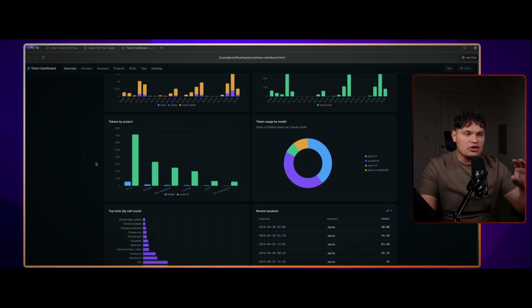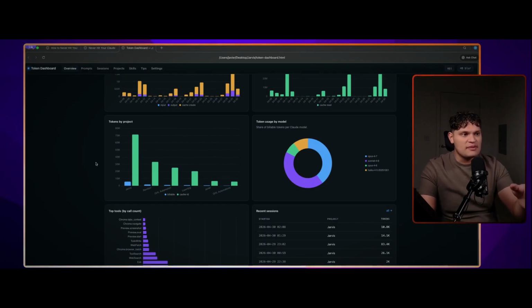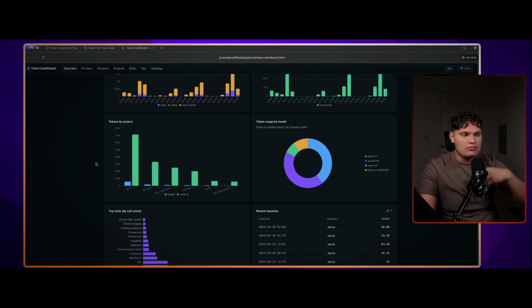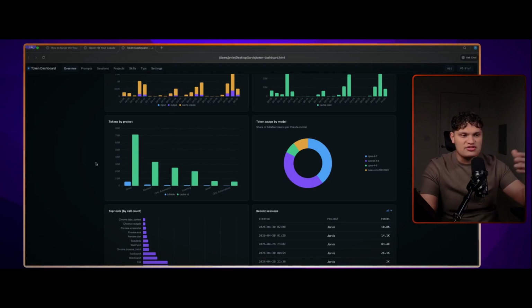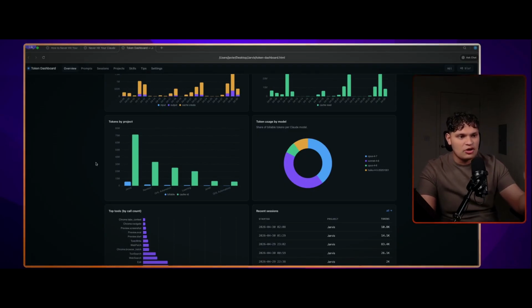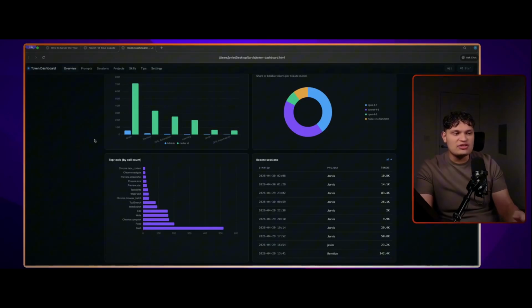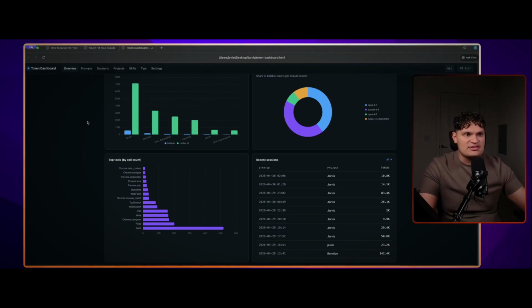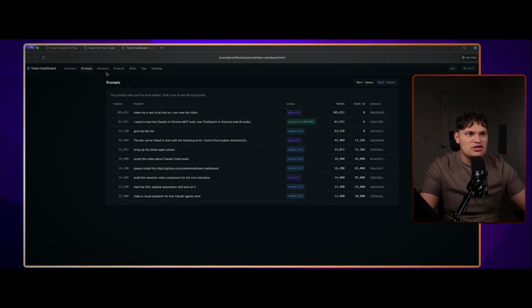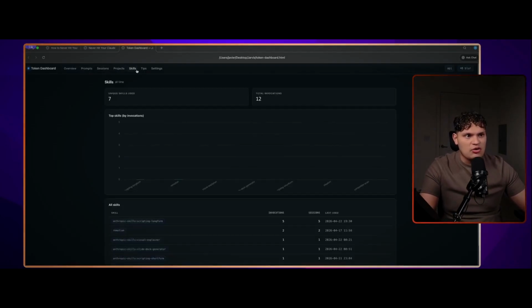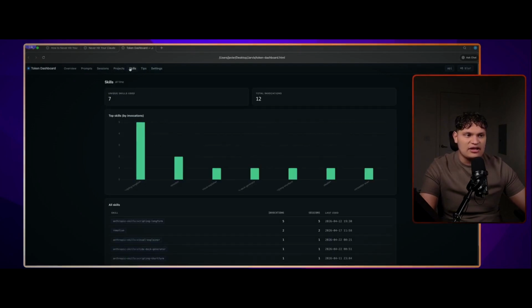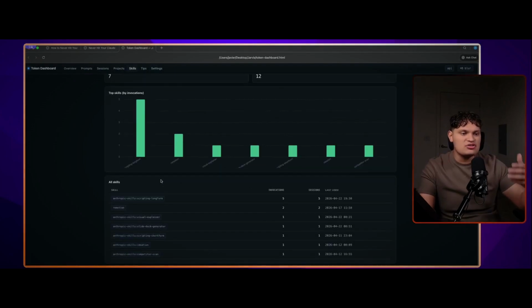If we scroll down, we're going to see tokens by project, tokens by usage of model. Now, models I'm actually using more compared to the other ones like Opus 4.7, and so forth. We can see tokens by project, what's actually eating up my data. On the bottom, we can see the tools I'm actually using that's also eating my data. We can see my recent sessions, my prompts that I'm using, our projects, or we can see everything here that's eating up our tokens, and how to build better habits around saving them.